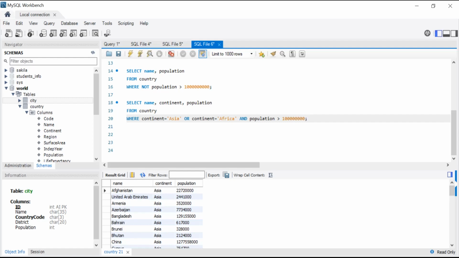Whereas the IN operator will allow us to retrieve data if a given value exists in a defined list. For example, rather than using the OR statement 3 or 4 times, we can create a list, use the IN operator, and use the condition. For example, if continent is in Asia, Africa, or Europe, give me the name and the population of the country. For example, we can write select name and population from country